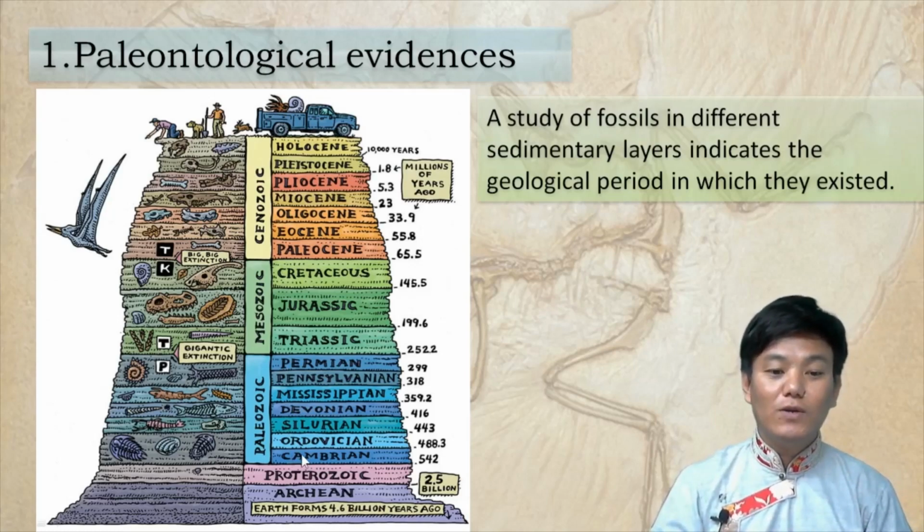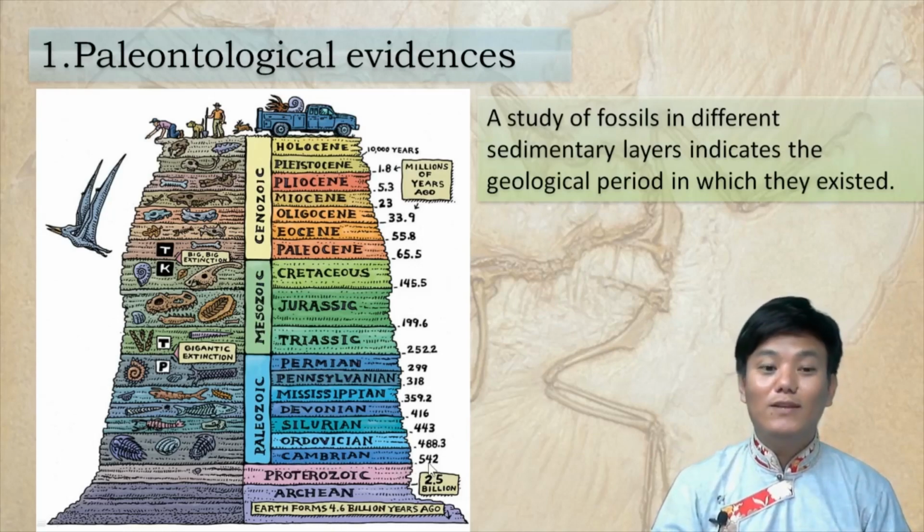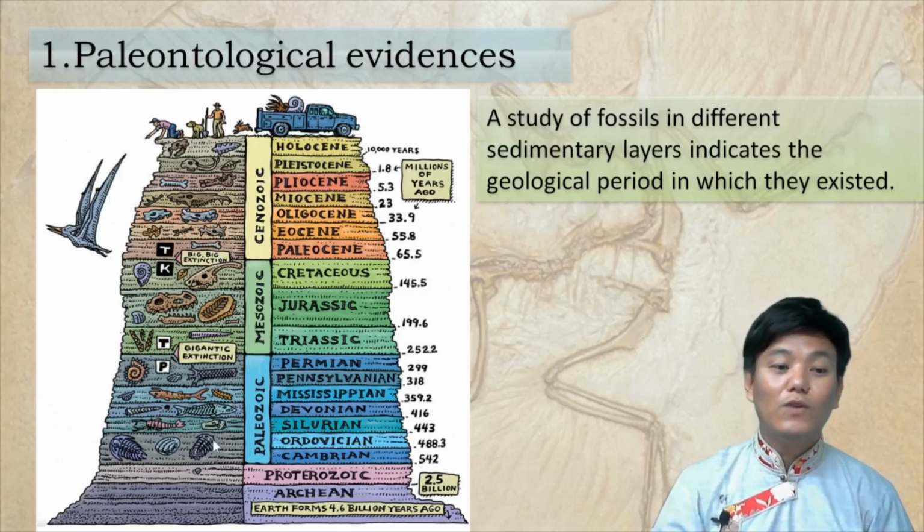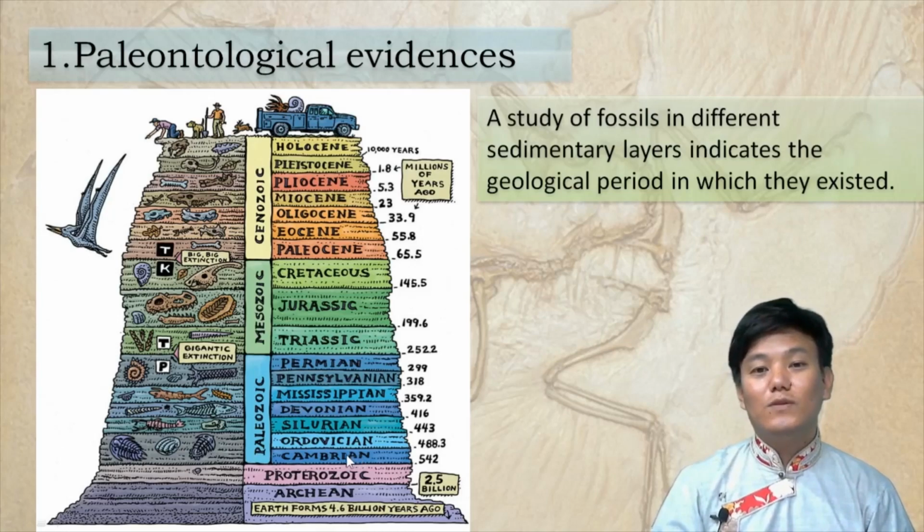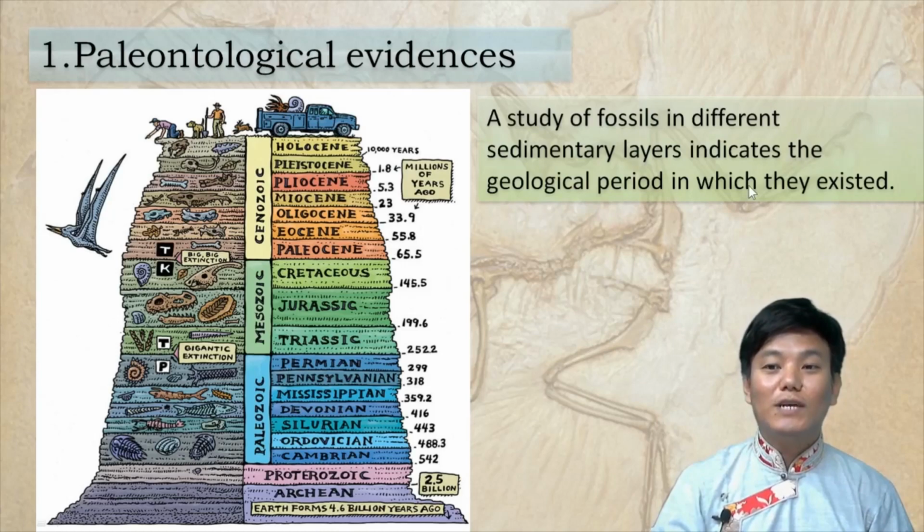So if we take an example of the Cambrian period, which is about 542 million years ago, if you want to find out what life forms were present during the Cambrian period, what you have to do is take a look at the sedimentary layer which was formed 542 million years ago, and then try to find out the fossils that are preserved in those rocks, right? And the fossils will tell you what life forms were present during the Cambrian period. So that is how a study of fossils in different sedimentary layers indicates the geological time period in which those